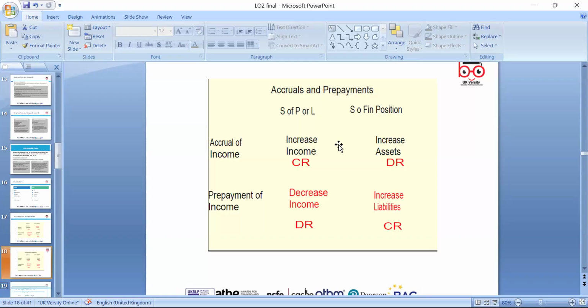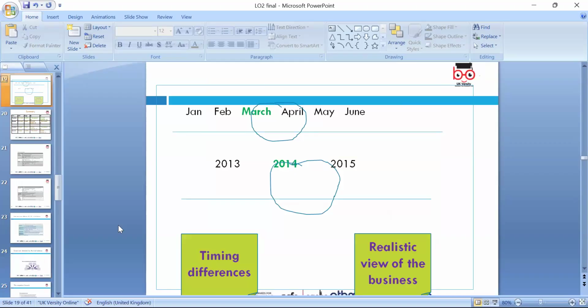So when you receive the money, you debit cash and credit sales. Then you need to debit the sales and credit the prepaid income, because we need to reduce sales and credit the liability. Prepaid expense is an asset, and prepaid income is a liability, because we are liable: if we do not provide the services, we have to pay back. If there is any question, when we do these adjustments it is always good to draw a timeline: when you started, when you finished, and what is related to that year, and make the adjustment accordingly.